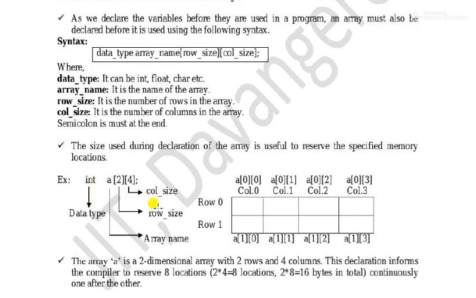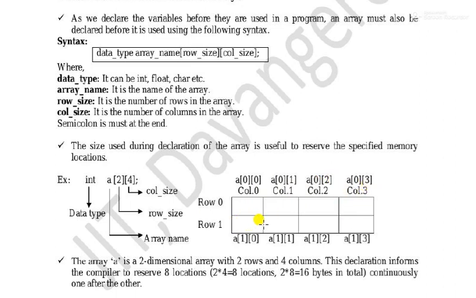So here you see how many rows? 2 rows and 4 columns. For each row, 4 columns. So row 0, row 1. How many columns in each row? 4 columns. How do you represent that? This one is a[0][0]: row number is 0, column number is 0. This block is row 0, column 1: a[0][1]. Next, this one is a[0][2] and a[0][3]. This one is a[1][0].